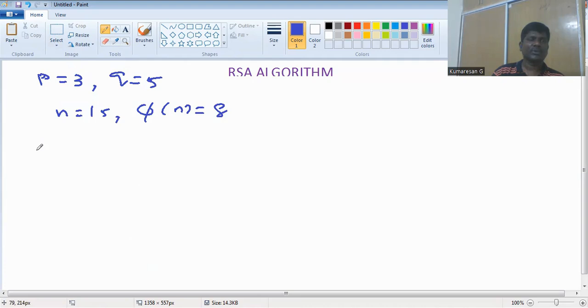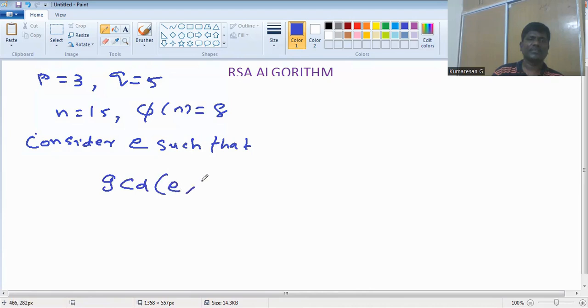Okay, so for now let us consider E as the public key. So E represents the public key. So how do you calculate it? How do we find the public key? GCD of E comma pi of n is equal to,